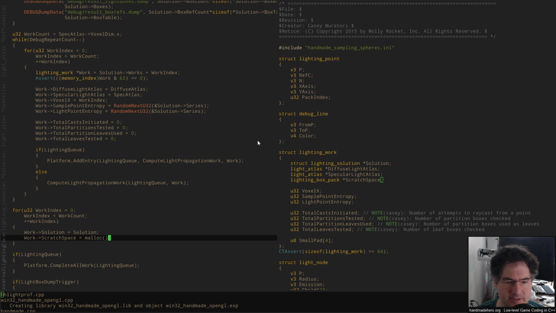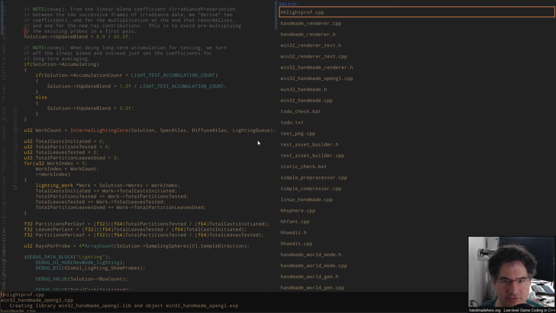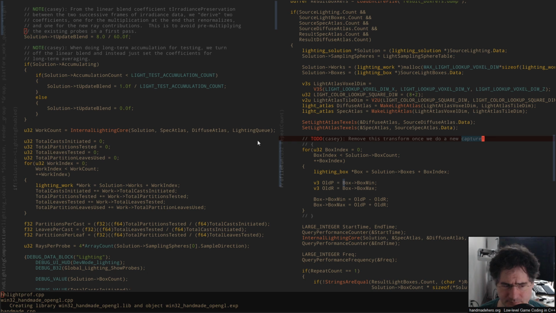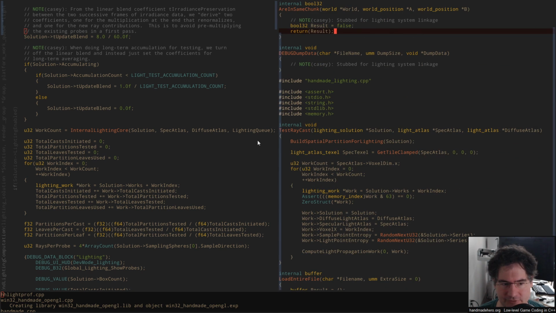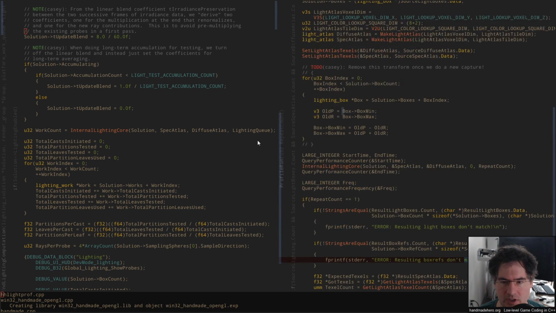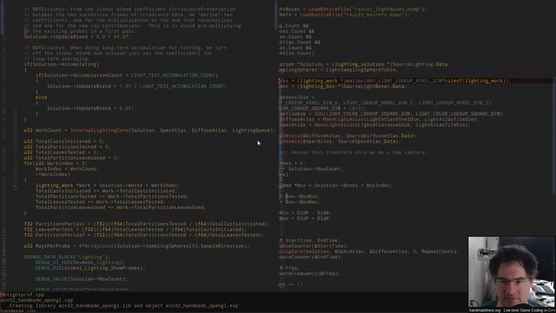The scratch space is going to be something that we malloc out that's basically lighting box pack structures. It's just going to be the size of a lighting box pack structure times some number, right? And so before we get started on anything else, when we're in our actual HH Light Prof, and we'll have to backport this into Handmade Hero as well if we end up keeping it, and if we don't, then we don't have to, then when we do our setup here, when we malloc this here,